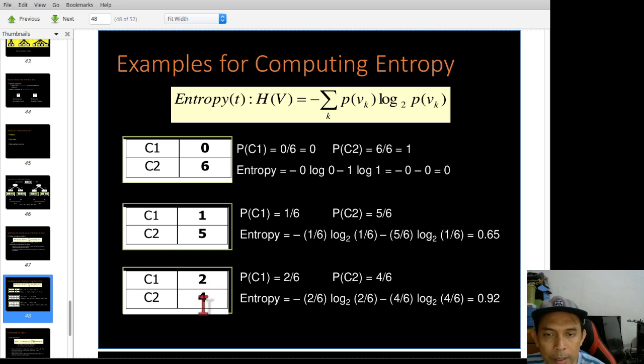What a better example is this one. You have one class with 2 instances, and another class with 4 instances. So you apply the formula: minus 2 over 6 log 2 of 2 over 6, minus 4 over 6 log 2 of 4 over 6, because the total is 6, and the entropy is 0.92.